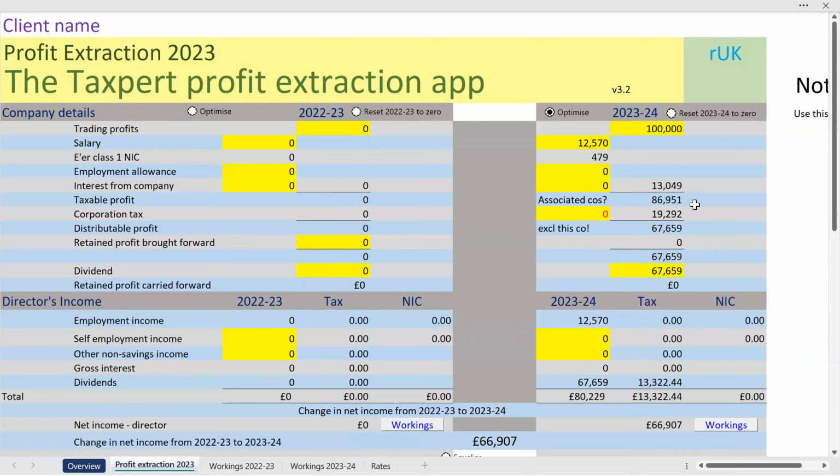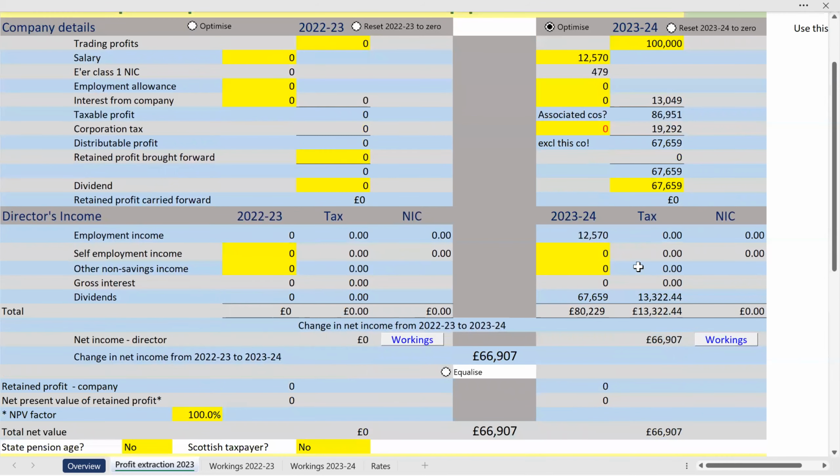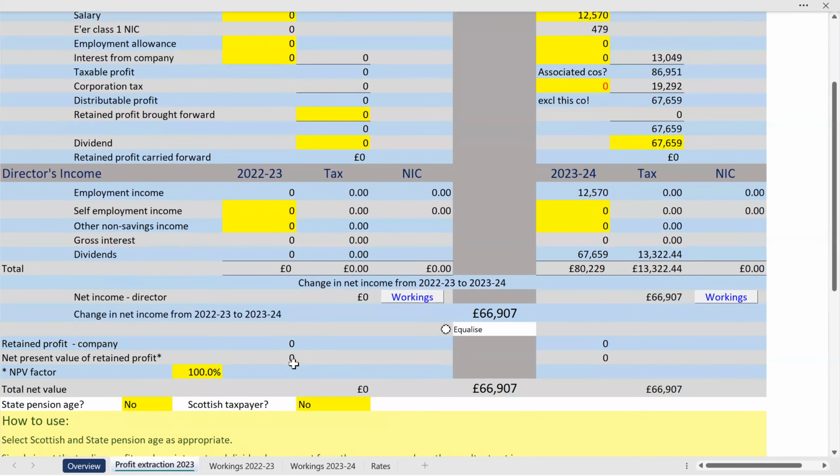So that then gives us the figures of 12,570 salary, 67,659 of dividend, and the change to the net present value, if I were to change that to a rather more sensible 15%, I'm on the wrong field to change it,